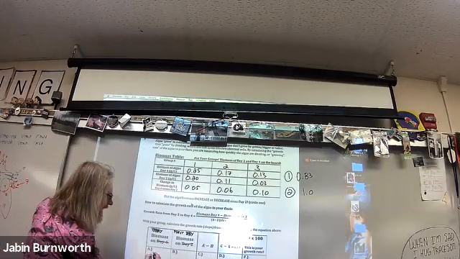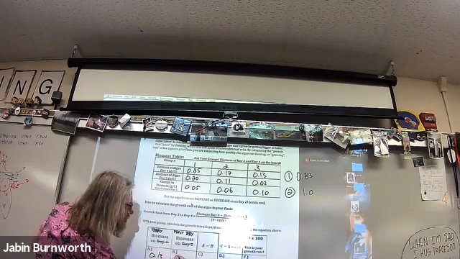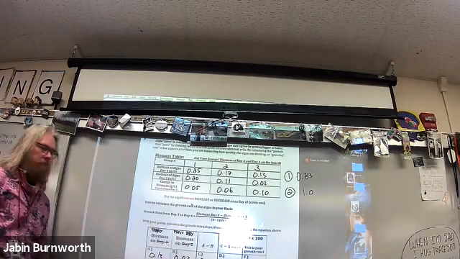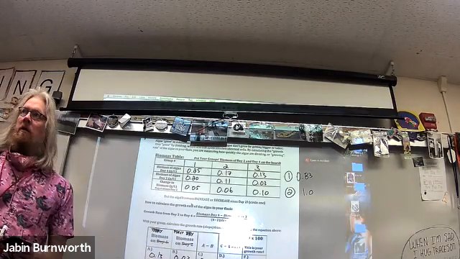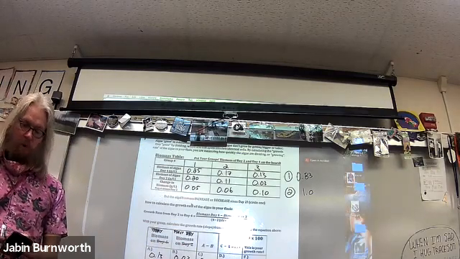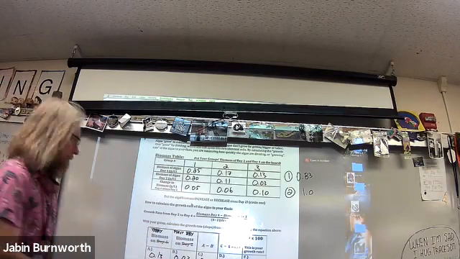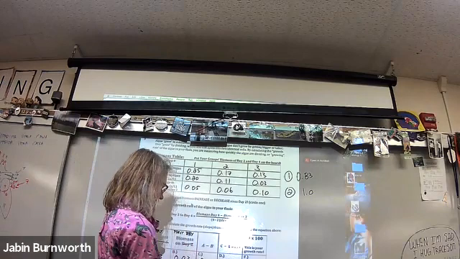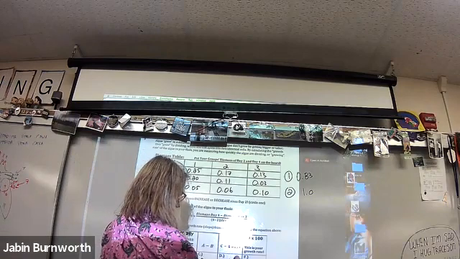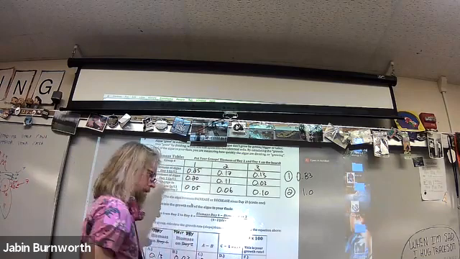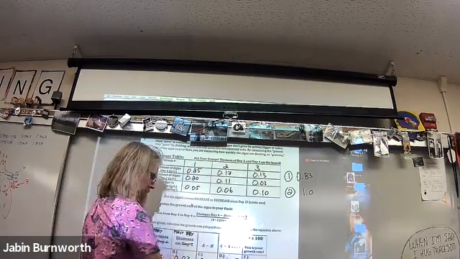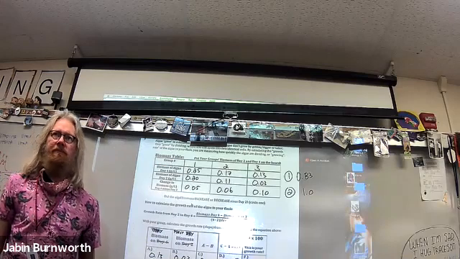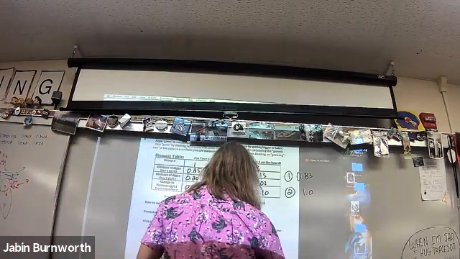My last one is 0.13, 0.03, and I got 0.10. So I take 0.10 divided by 6. It's 0.01 and then 60 repeated. Okay, and I take that times 100. What do I get there? 1.6 repeated.